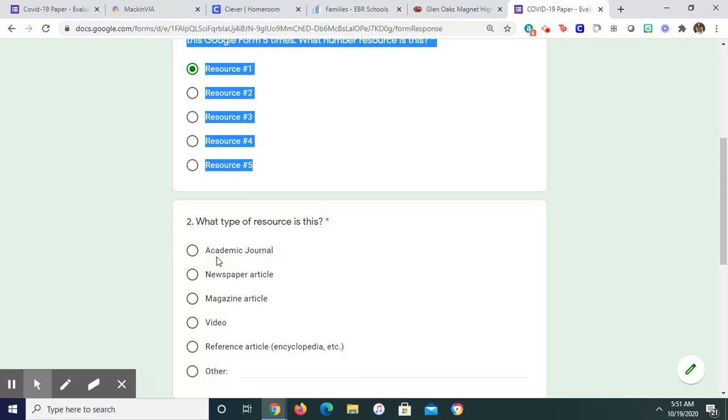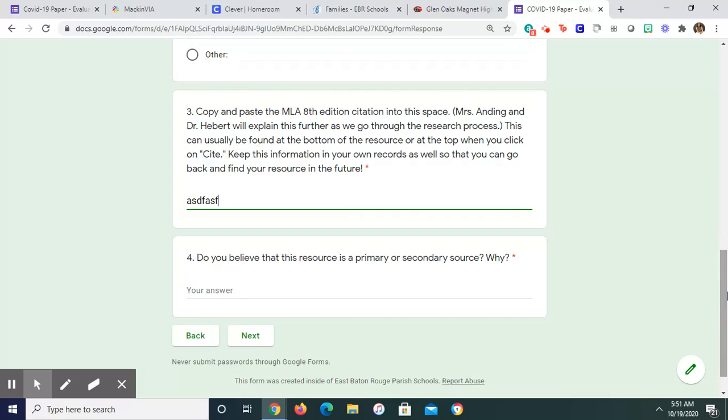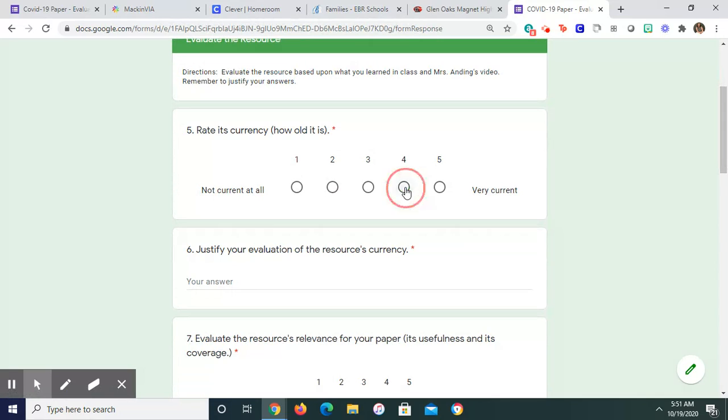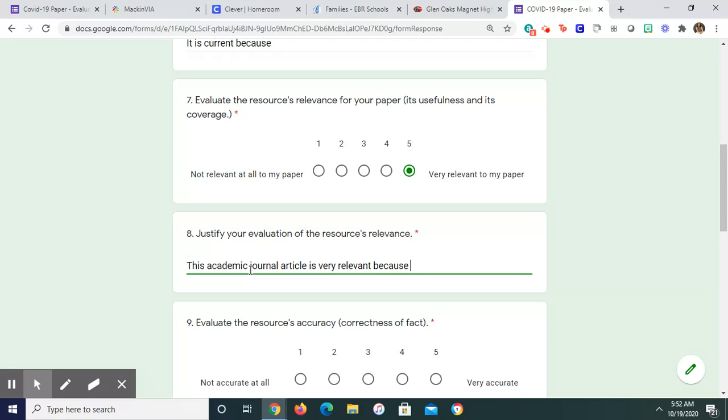We're going to pretend that I found an academic journal. This I will show you in just a minute. That is the citation. Notice number 3. We are going to show that in a minute. Number 3. Do you believe it's a primary or secondary source? Okay. Rate its currency. I feel it's pretty current. It is current because, give your reasoning. Back up your reasoning for why it's current. It is extremely relevant to my paper. This academic journal article is very relevant because